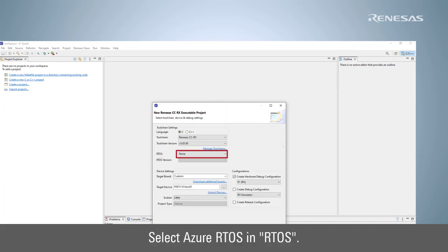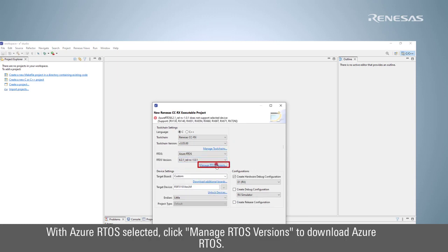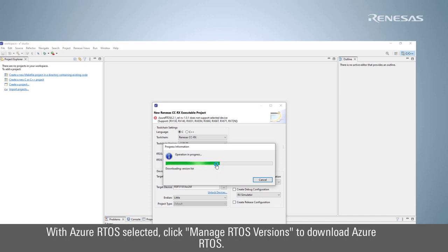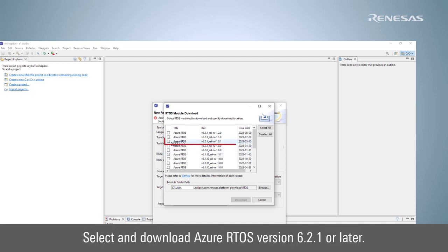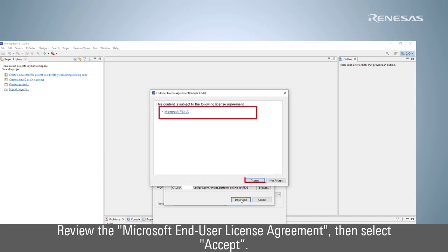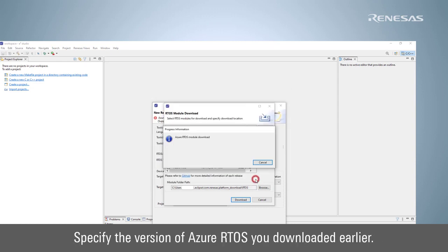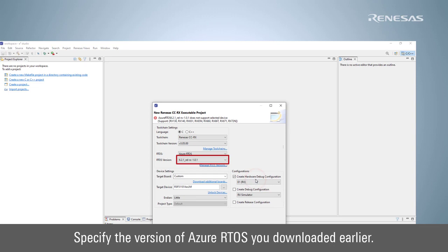Select Azure RTOS and RTOS. With Azure RTOS selected, click Manage RTOS versions to download Azure RTOS. Select and download Azure RTOS version 6.2.1 or later. Review the Microsoft End-User License Agreement, then select Accept. Specify the version of Azure RTOS you downloaded earlier. Then select